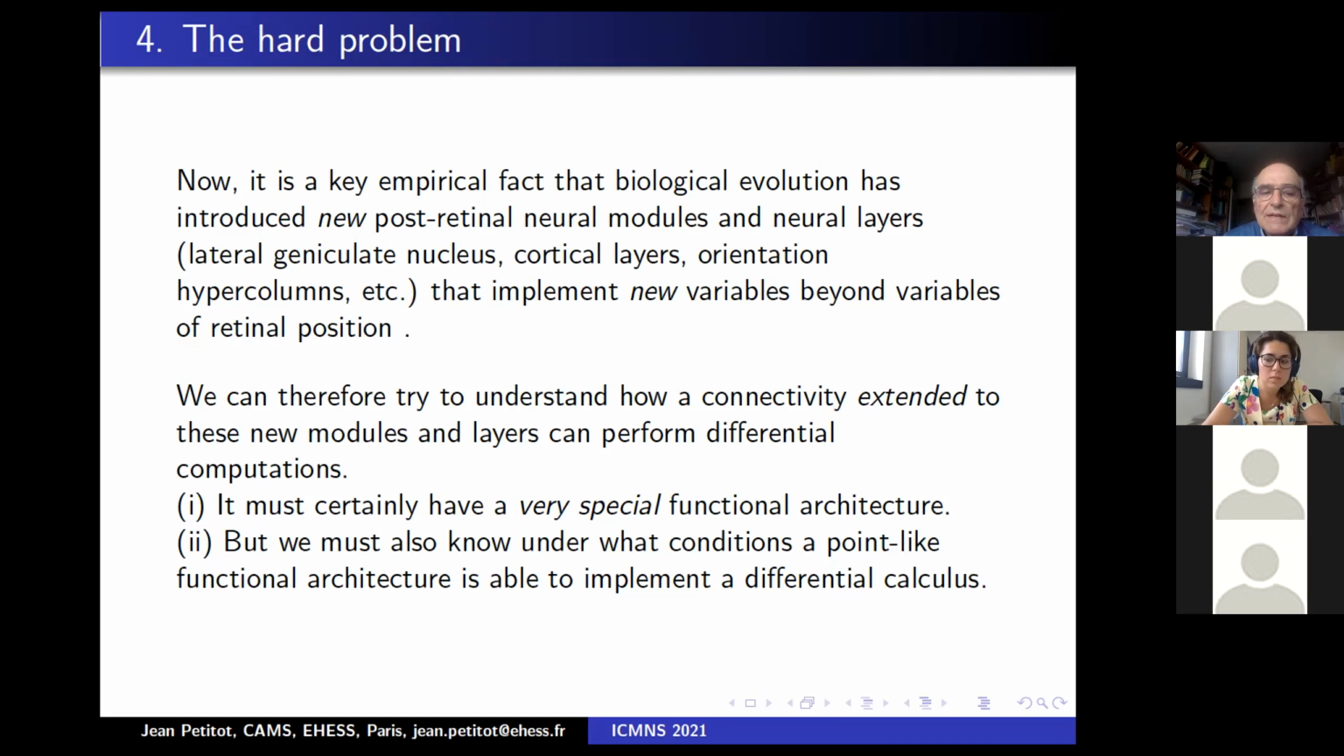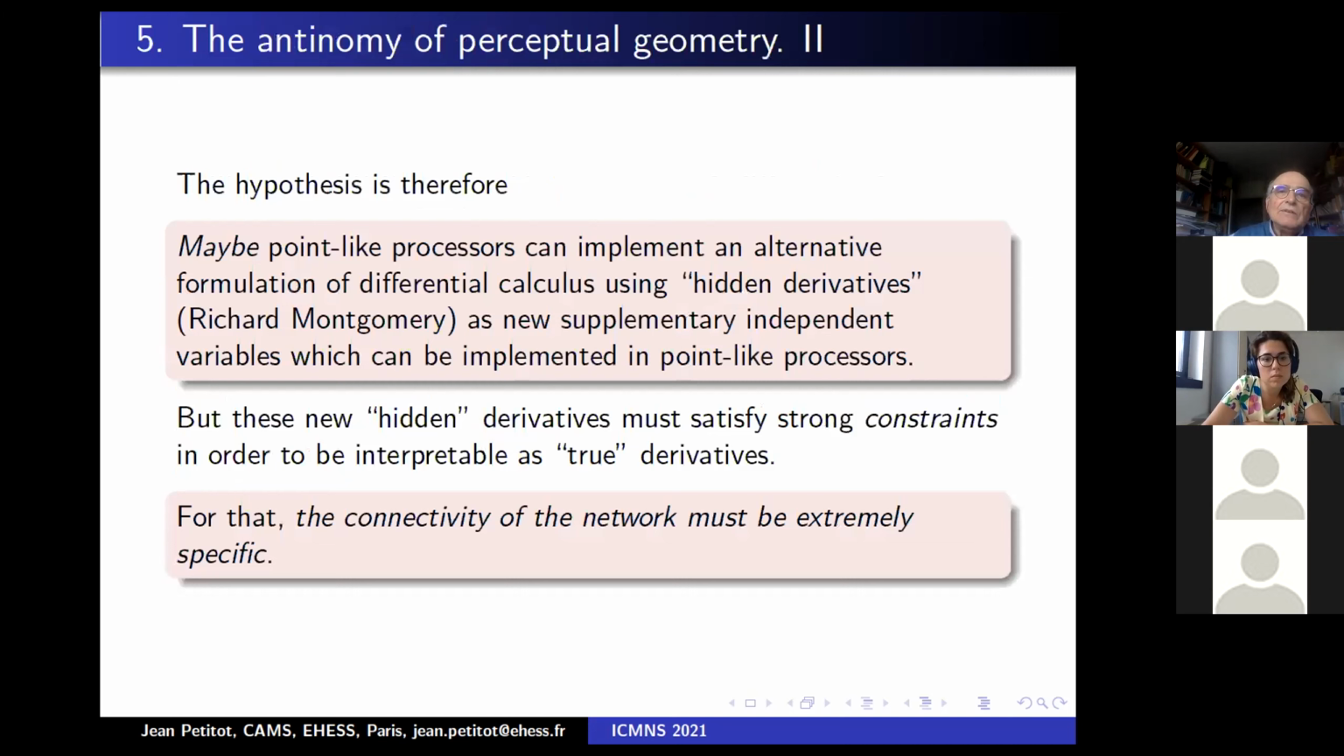Of course, it must certainly have a very, very special functional architecture. But we must also know at the mathematical level under what conditions a point-like functional architecture is able to implement differential calculus. So the hypothesis of neurogeometry is that maybe point-like processors can implement an alternative formulation of differential